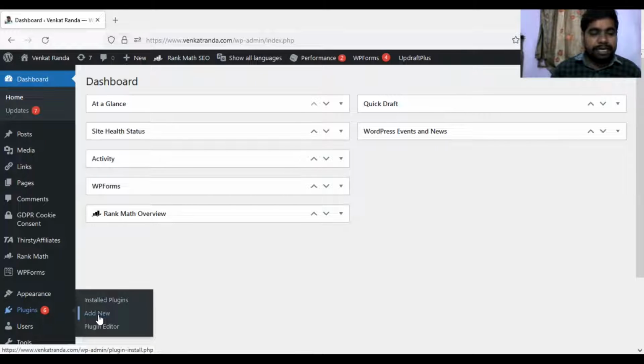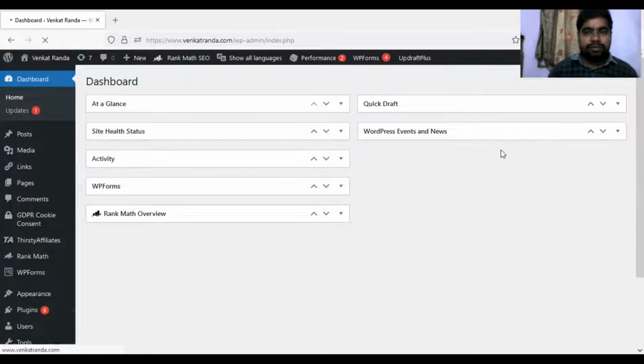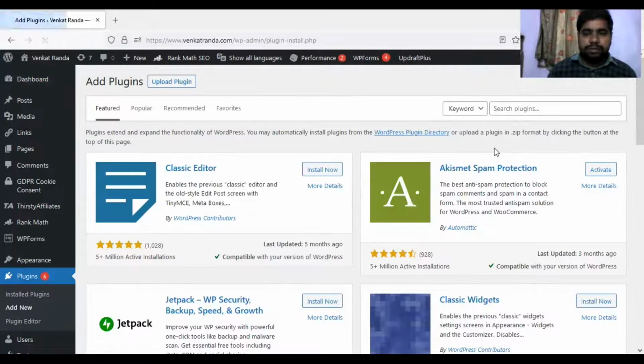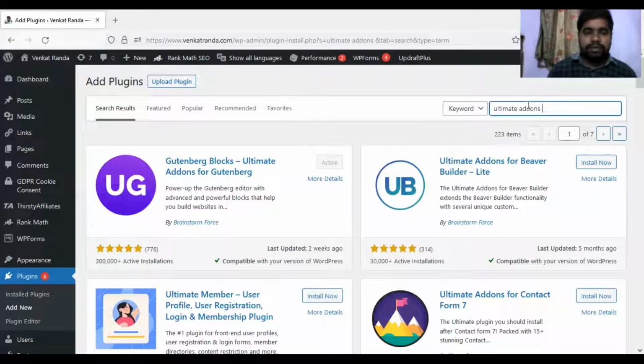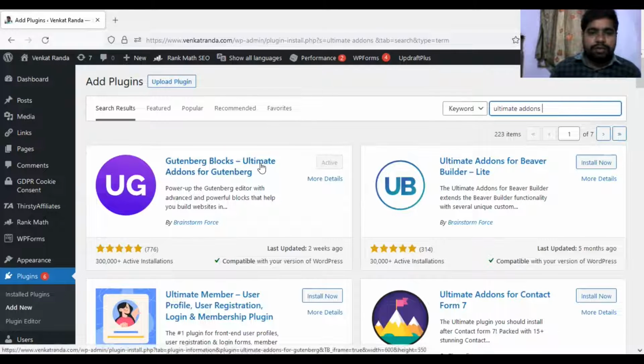Just go to plugins, click Add New, and type ultimate. This one: Ultimate Addons for Gutenberg by Brainstorm Force. I already installed and activated this plugin.